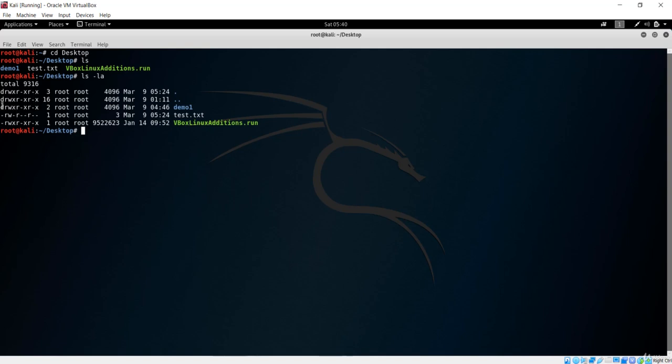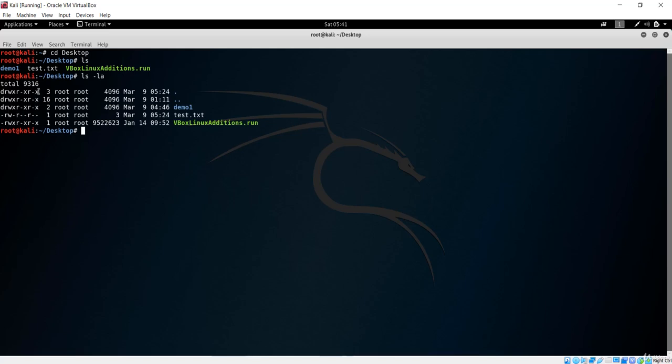You can see we have this d, which refers to a directory. That means this demo1 is a directory, and if it is a dash, that means it is a file. So any privilege string that starts with d is for a directory, and if it is a single dash, it is a file. The next 3 characters are for the owner, the next 3 are for the file group, and the next 3 are for any other user, except the file group and the owner, because we have already specified for the owner.